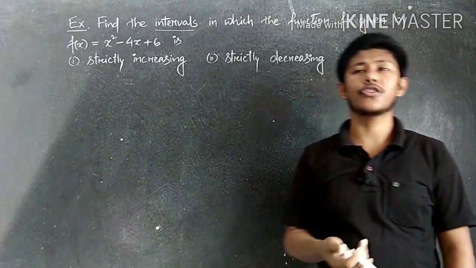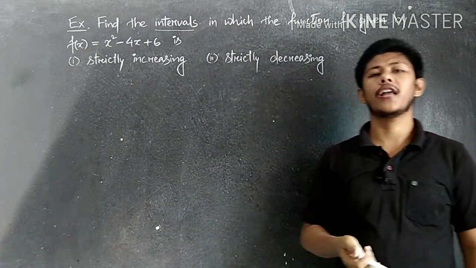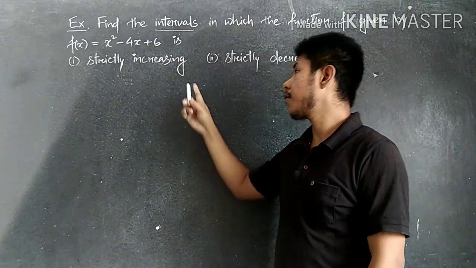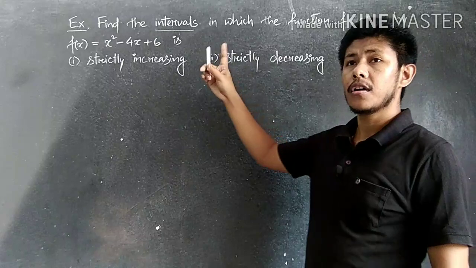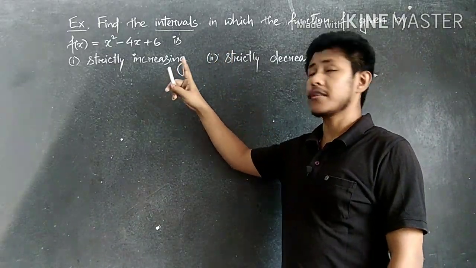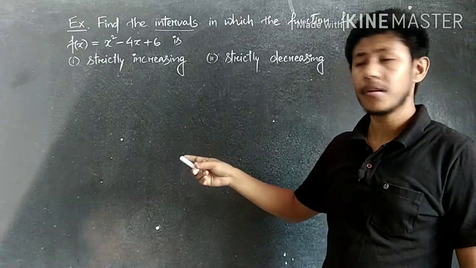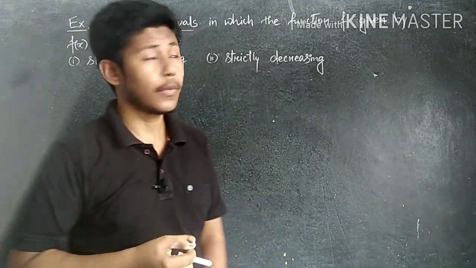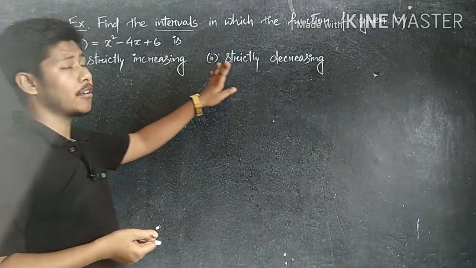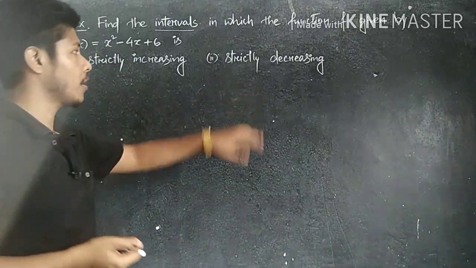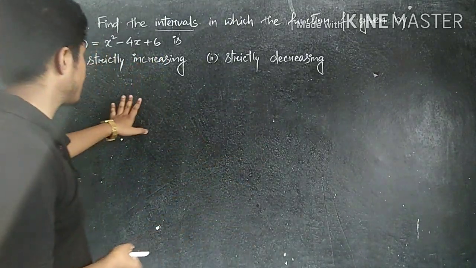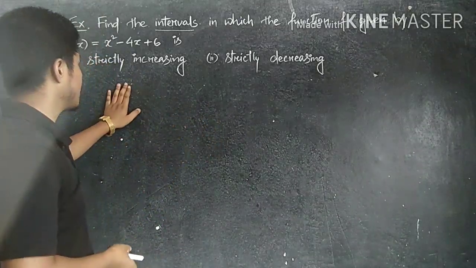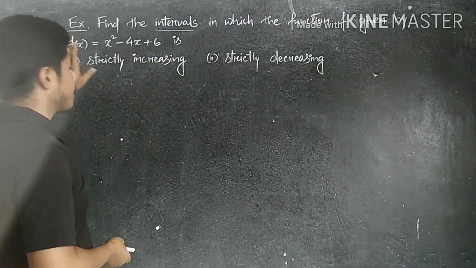So if this type of questions are given, there is a process. With the help of this process, we have to solve this and find out the interval here. Is it clear? And the condition is strictly increasing, strictly decreasing. So in this case, strictly increasing means f dash of x greater than 0. Strictly decreasing means f dash of x less than 0. Is it not? If it is only given as increasing or decreasing, then we have to write greater than or equal to, or less than or equal to. But here it is given strictly, so that's why strictly greater than, strictly less than. So in this case, how can we solve this question? Let's see first. So first of all, we have to write down the function here.